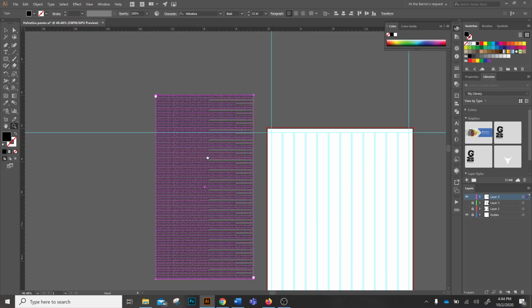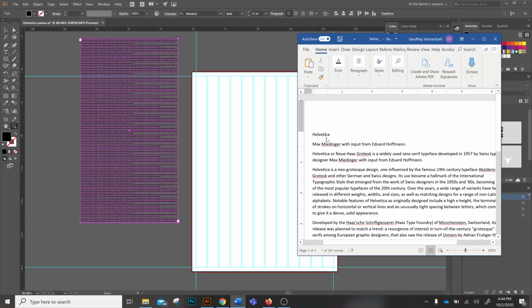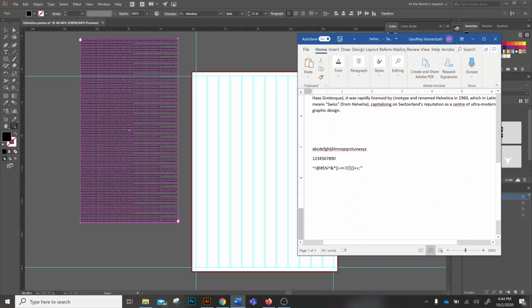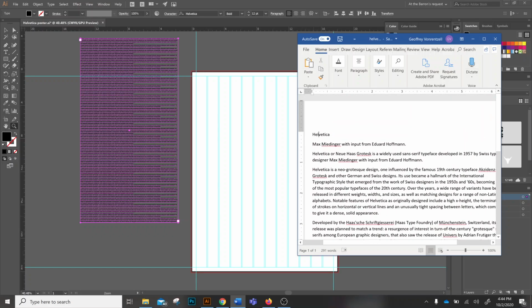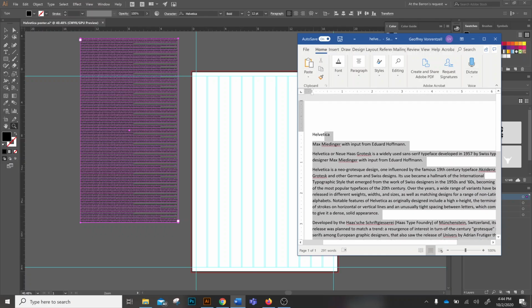So zoom out again, and I'm going to go get my Word document with all of my text in it. So here I've got my Word document. This is the only thing in here. I've got my font, the creator, my 250 words, letters and numbers, and special characters. I'm just going to grab all this stuff here, Control A, Control C to copy, and then I'm going to go back into Illustrator,